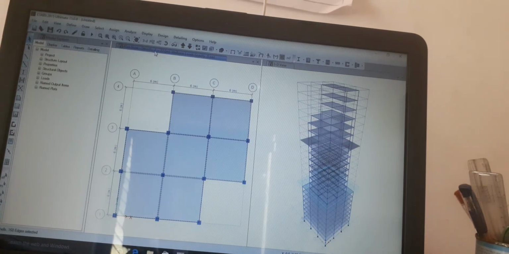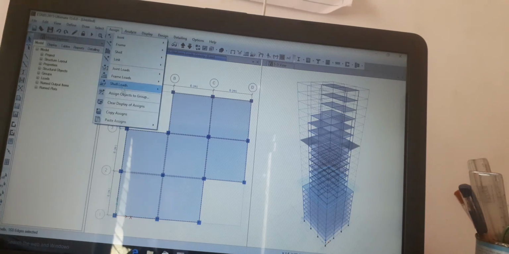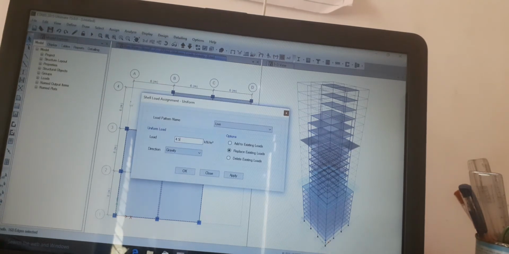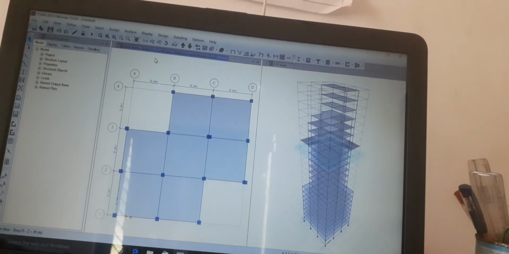And the plan view is story 9. Select hole this and go to assign, uniform. Load change into 4.5 kN per meter square. Apply. OK. And we have to go to story 50. Select hole.